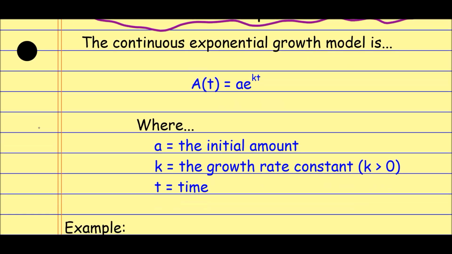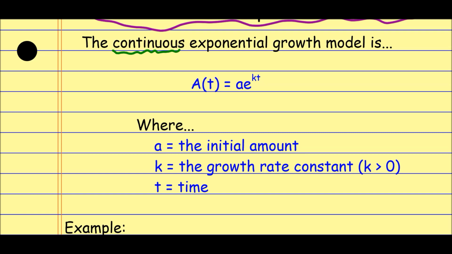And we will use this model, first of all, if the problem literally says continuous. There used to be a lot of financial examples that would use this. We don't see those in real life as much anymore. All right, so compounded continuously. If you see that, you'll obviously use the continuous model. So look for that keyword of continuous. The other places that we use this, and really the difference is, the traditional model, the first model we looked at, is when we have specified time frames for when things are going to be increasing. If we have no control about when the increases happen, if it's increasing all of the time, that means it's